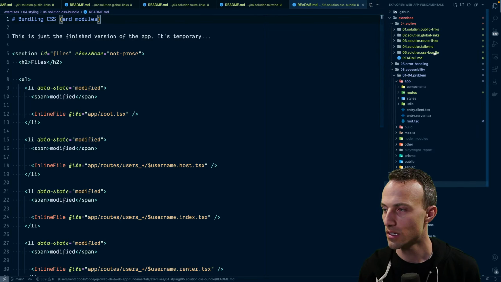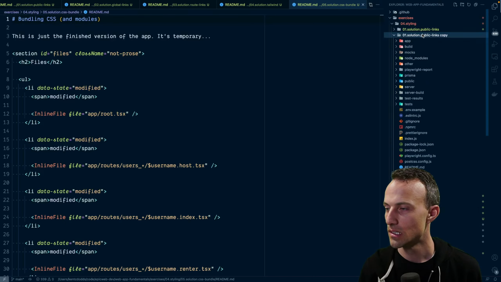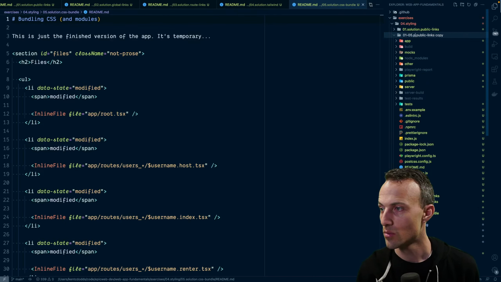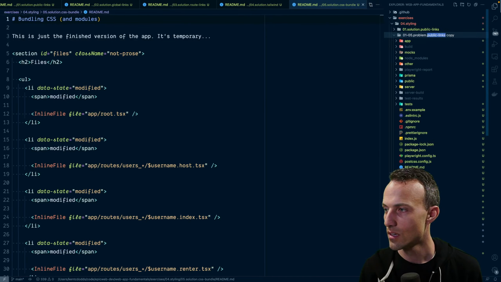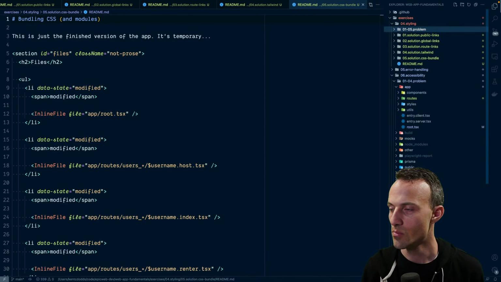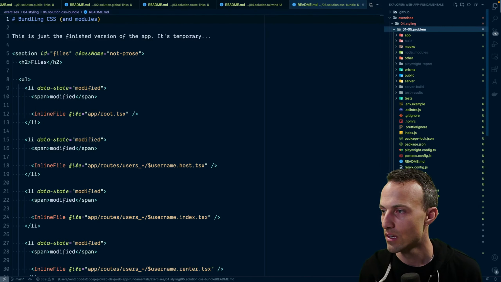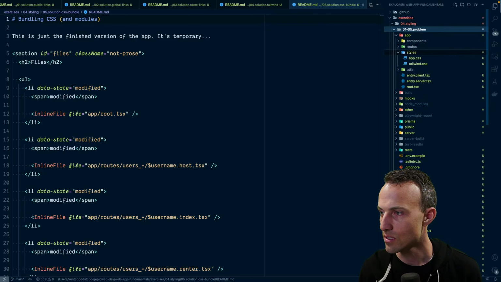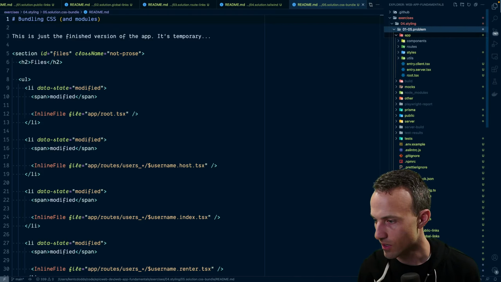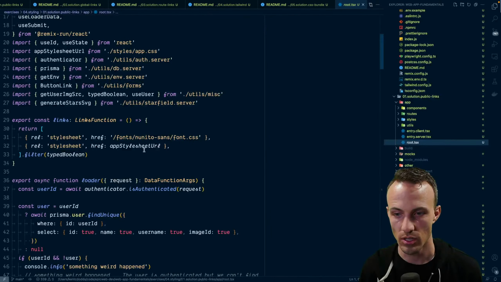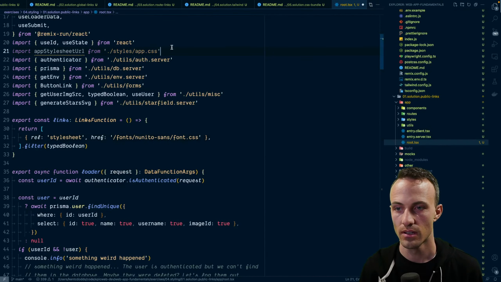So last thing we need to do is find our starting point. So this is 01 through 05 problem. We may split this up into a couple different starts and stops, but yeah, so for this one, we got our, oh, actually, I think I forgot on the public links, our root should not be importing the app style sheet thing.